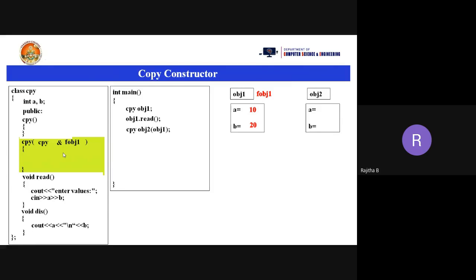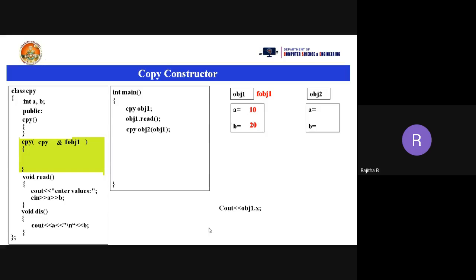Good. Now, what do the copy statements consist of? Till now, we are just passing a parameter to the constructor, that's it. And we are giving one more name to object one, that is FOBJ1. Now we need to copy the OBJ1 values, that is 10 and 20, into OBJ2. How will this happen? Now see the statements here.